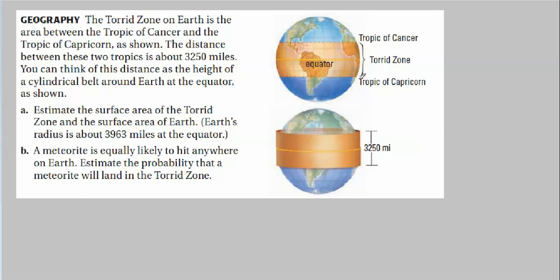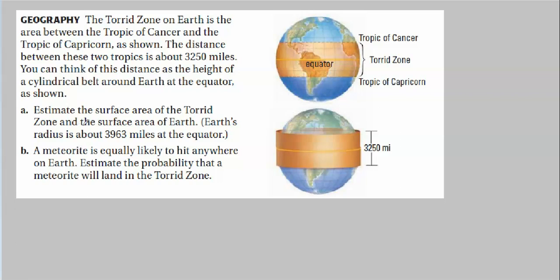Well, none of that really matters. This is all just words, and in mathematics the words aren't that big a deal. All that's important is that we have a strip. We have to know the radius of the strip. We're going to treat it as the lateral surface of a cylinder. So all we need to know is the radius and the height. They gave us the height, and they're about to give us the radius of the Earth.